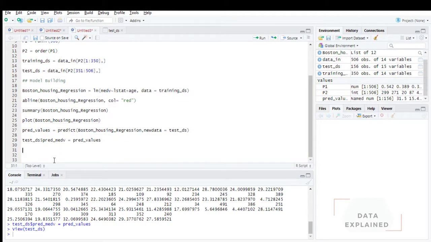So what we discussed today is basically we took a look at the data set, we partitioned the data using random sampling, running the if command, right? Straightforward. We partitioned the data into training and testing data sets, and then we created the model using the training data set. And once the model had been created, we took a detailed look at the summary of the data, right? What is your R square, what is your p-value, F-test, and all of that. And then we also took a look at the predicted values, right? So that's it